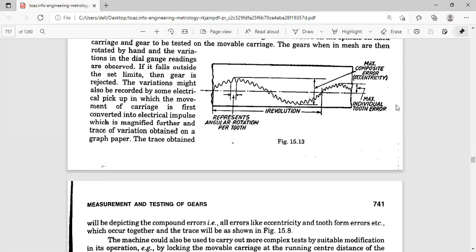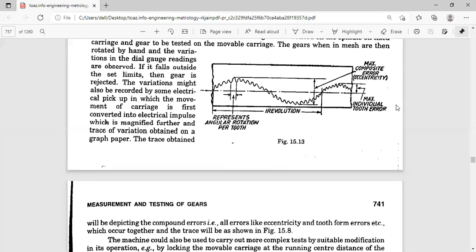You have to adjust the two spindles, just like a machine setting, so that the axial distance is equal to the designed gear center distance. This design value you calculate for the two gears, the pinion and the gear, as (dp + dg)/2.